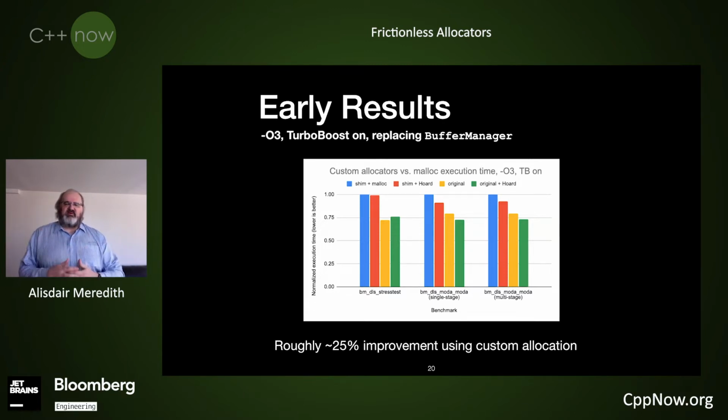With O3, replacing this buffer manager with his shim to go to new. And we compared with both the system new and with the Hoard allocator. And you can see, if you look across, the idea of trying to replace the system new with a better allocator, which is basically switching to Hoard, the red bars, there's a benefit, but the benefit we get from using our custom allocation strategy was clearly more significant.